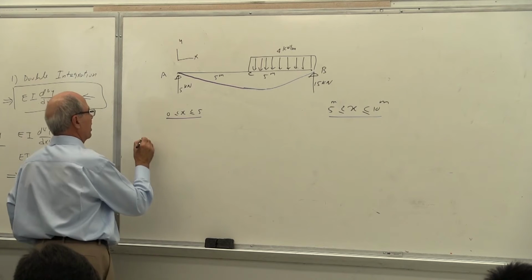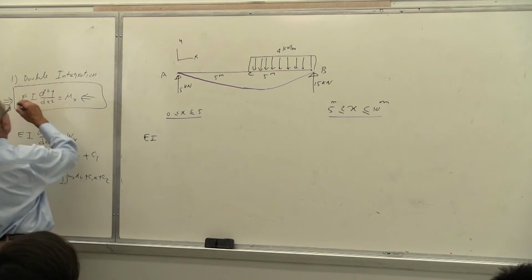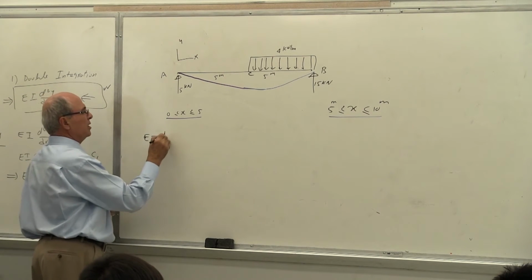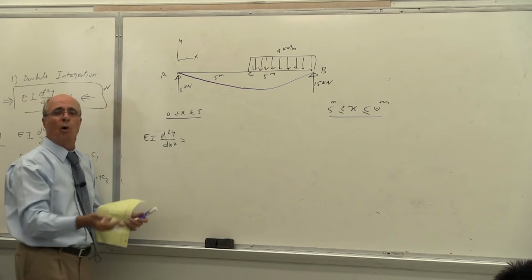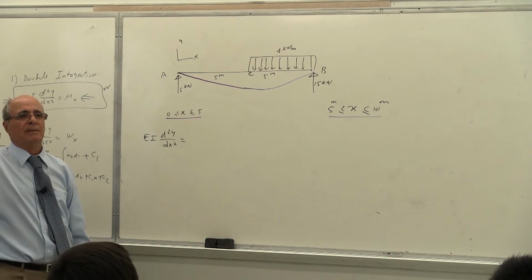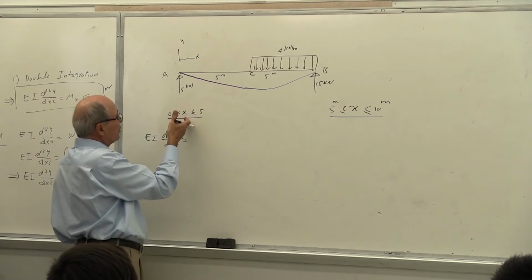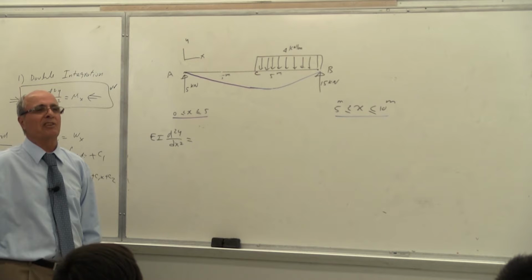Now let's write EI. I'm using double integration. For this one, double integration is good. So I'm using the double integration method. EI d2y over dx squared equal to, now I am hoping that you don't need a free body diagram. What is M equal to? What's M equal to? For this, for that, 5x. Is that correct or not?